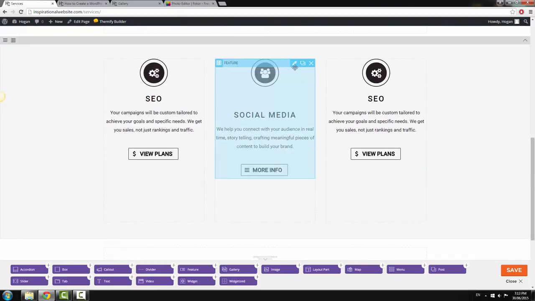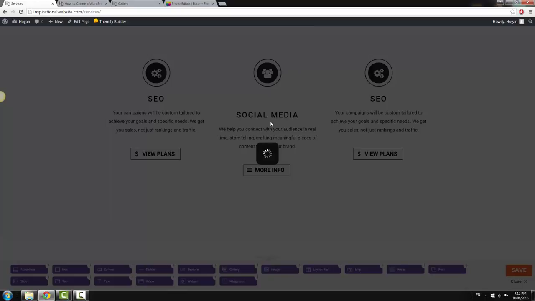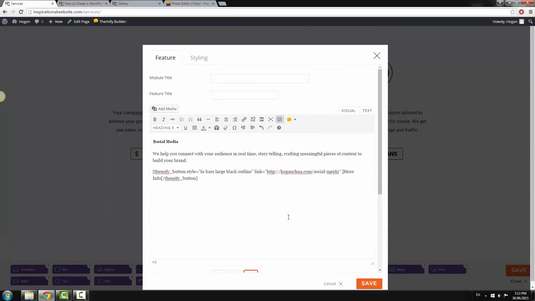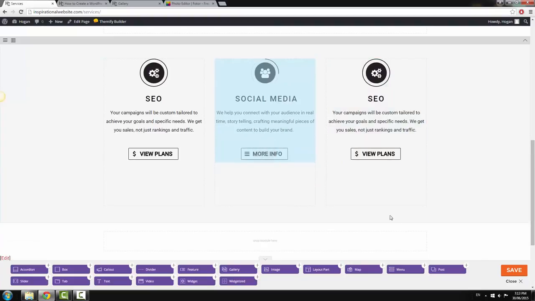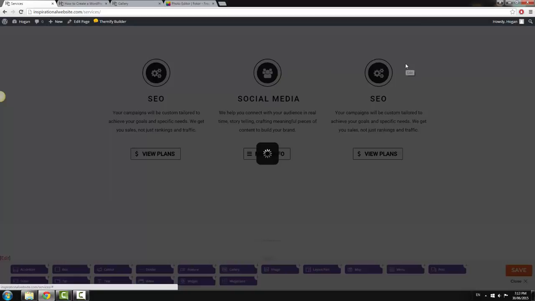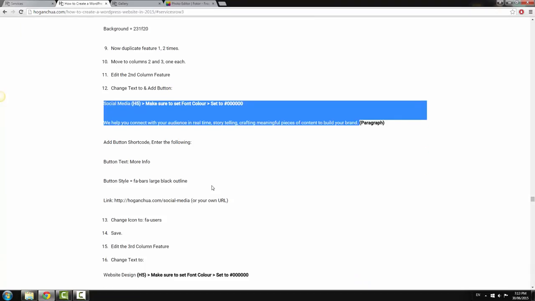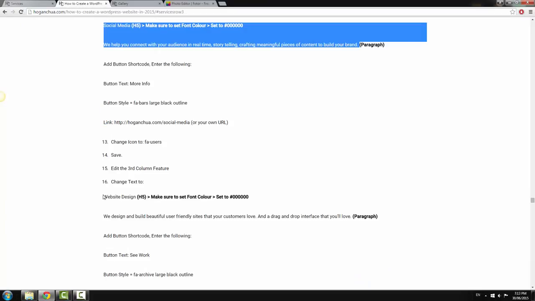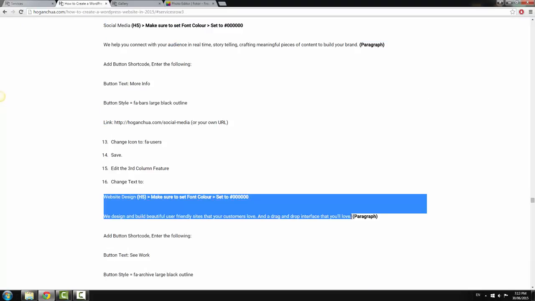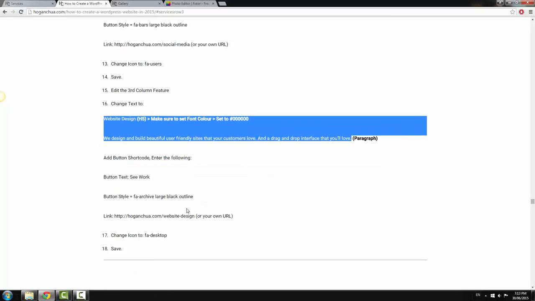Okay, so not too bad. So I want to press backspace there and save it. Okay, so that looks pretty good so far. And then for the third box, click on edit, and let's paste the text in from here, website design. Copy that,